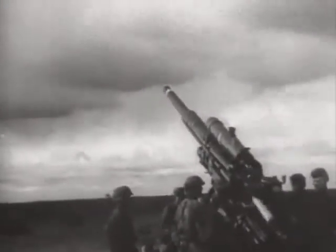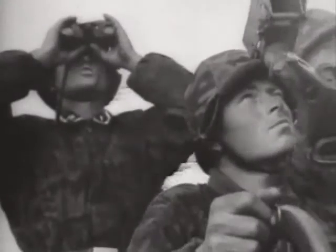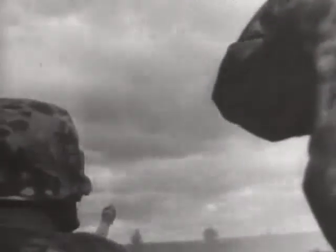Accurate tracking of the Soviet aircraft and the use of rangefinders allow the gunners to place their shells close to the enemy plane. On this occasion, they're also employing a single 20mm Flak 30 alongside the 88. The rounds tell as a Soviet bomber, almost certainly a Tupolev SB-2, is hit and plunges downwards, disintegrating during